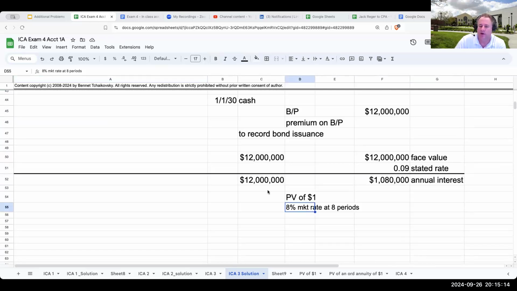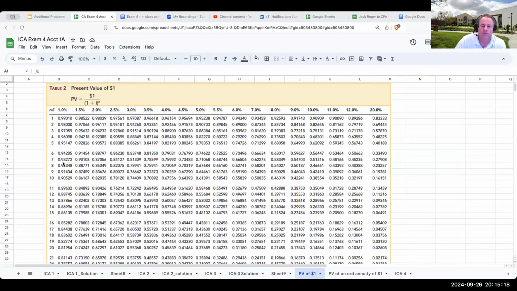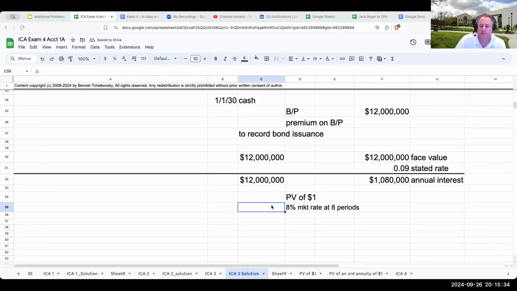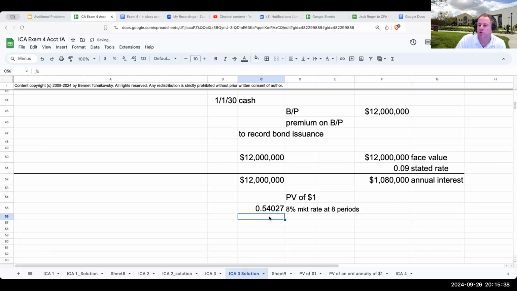So for the 12 million, 8 periods at the market rate of interest of 8% is 0.54027. So this $12 million in today's dollars that'll be paid out 8 years from now